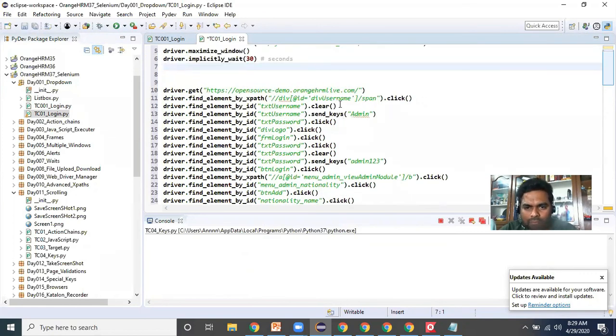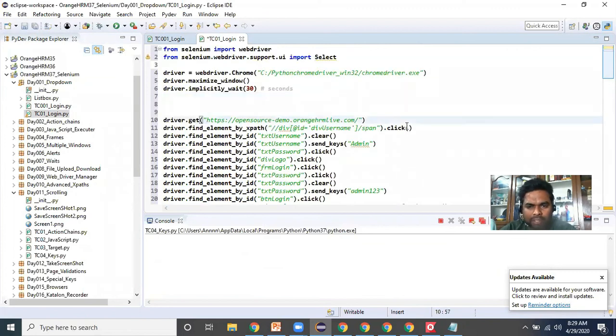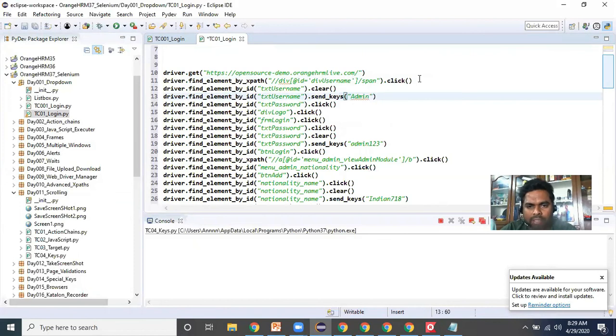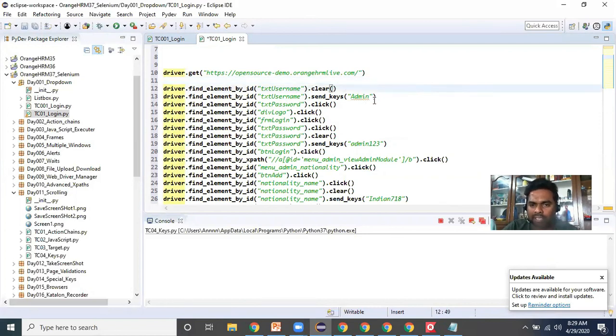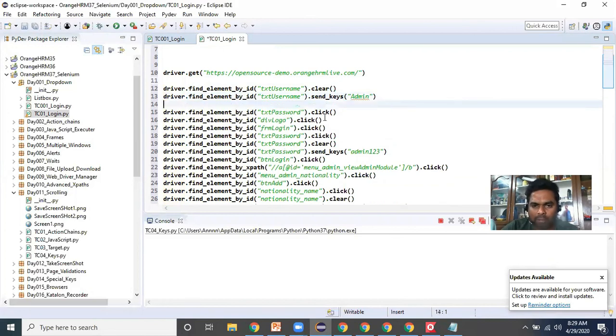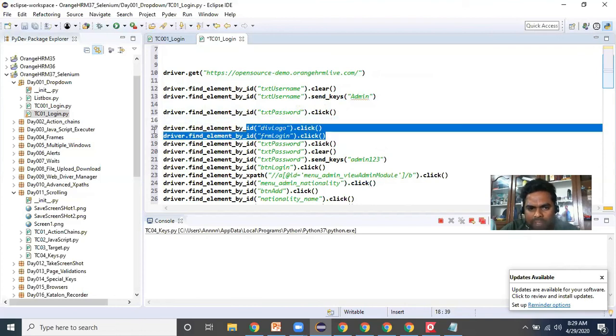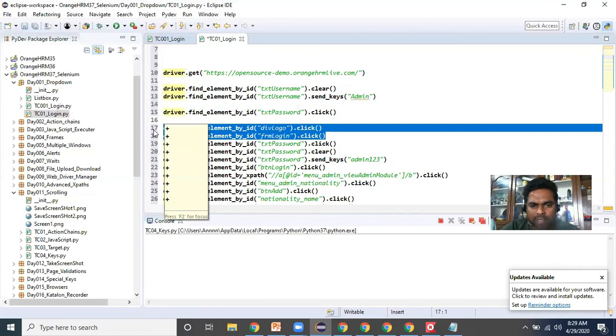First of all, it navigates to the Orange HRM application URL, and after that it can generate locators by ID, by name, or by XPath automatically. First it's clicking on login. This is not required, but even if it is clicking, it's not an issue. If it is typing, sendKeys is something we need to think about. After that, for the username it is clearing any existing text, and after that it is typing. The password click is also generated, some unnecessary text that is not required for me.